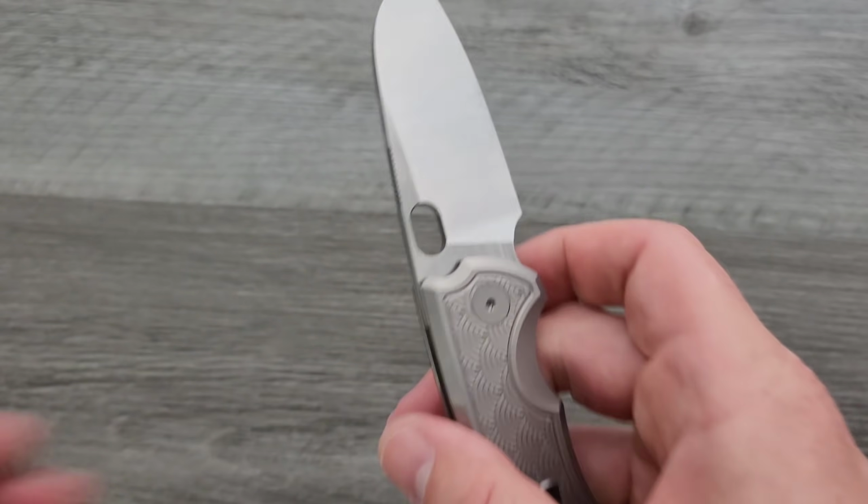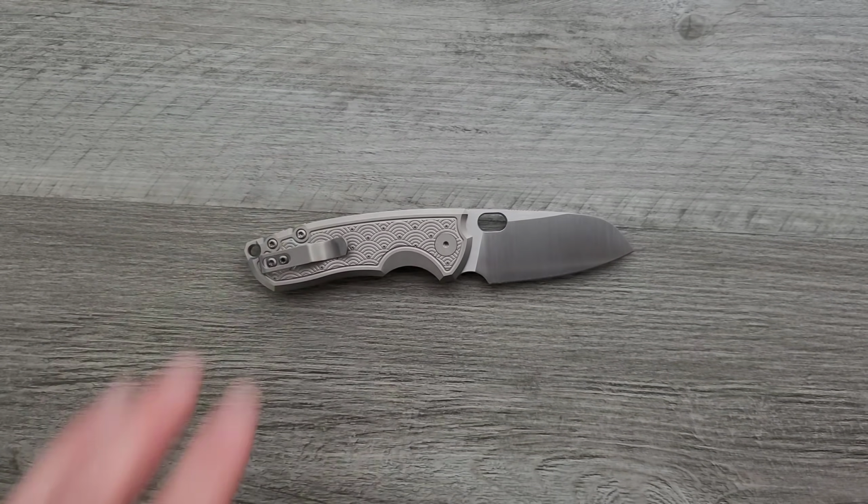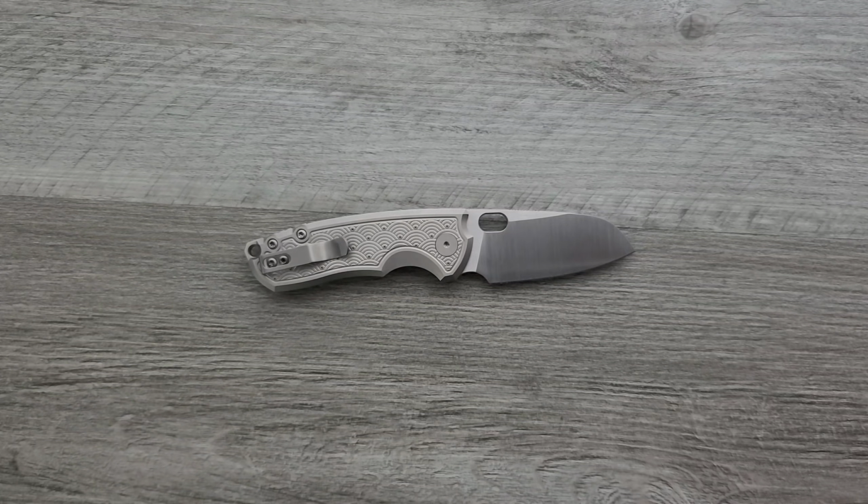That is really cool. Man, I like this. Let's go ahead and measure and weigh. This is not a review, guys. First impressions. I'm just really excited because it...